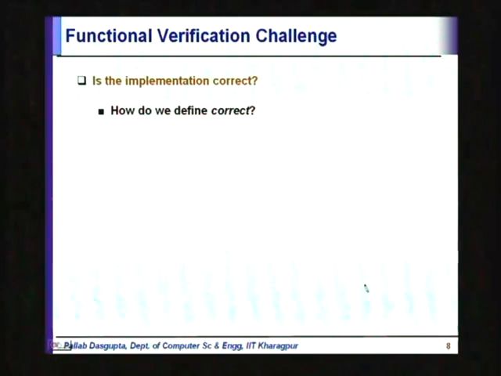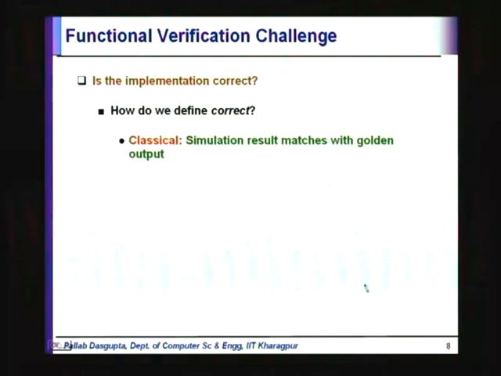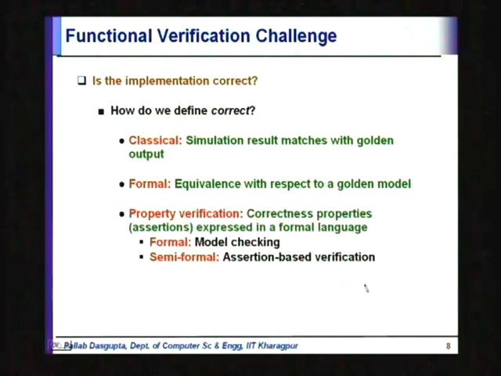So broadly speaking, the functional verification challenge is as follows: we want to make sure the implementation is correct. How do we define correct? In the classical approach, the simulation result matches the golden output. In formal, we check equivalence with respect to a golden model. That model is a formal model of the system. And in property verification we check the correctness properties which are expressed in a formal language,